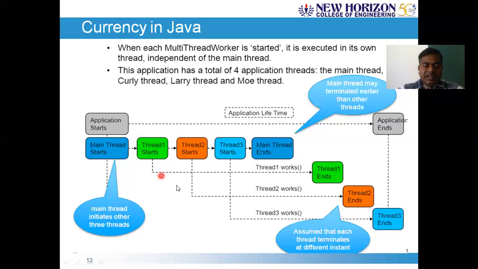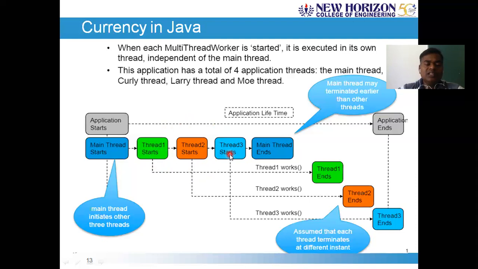All 3 threads will be carrying out some sort of work, maybe printing the numbers between 1 and 100. You can give the same task to each of the threads, or you can give different tasks to the different threads. It is up to the problem you are focusing on. We can give the printing job of 1 to 100 to thread 1, thread 2, and thread 3 respectively. As an outcome, for whatever number is displayed, you can configure which thread printed that number. That also you can highlight.